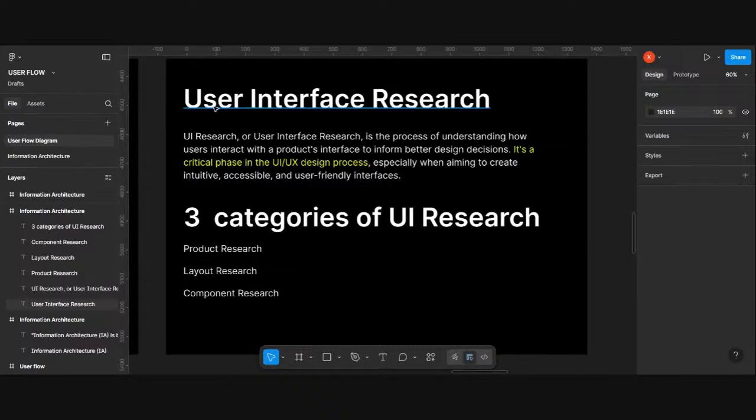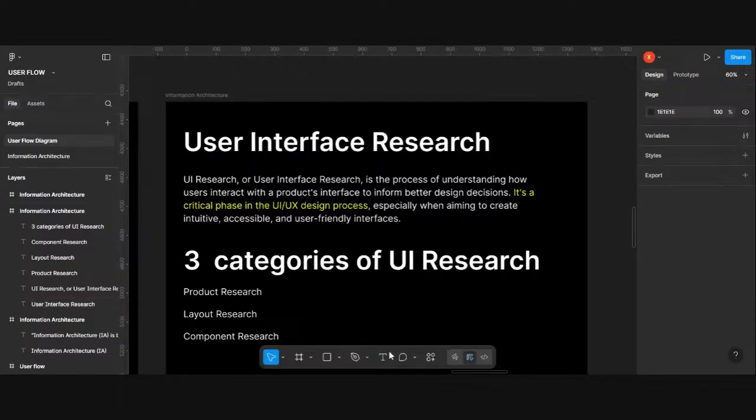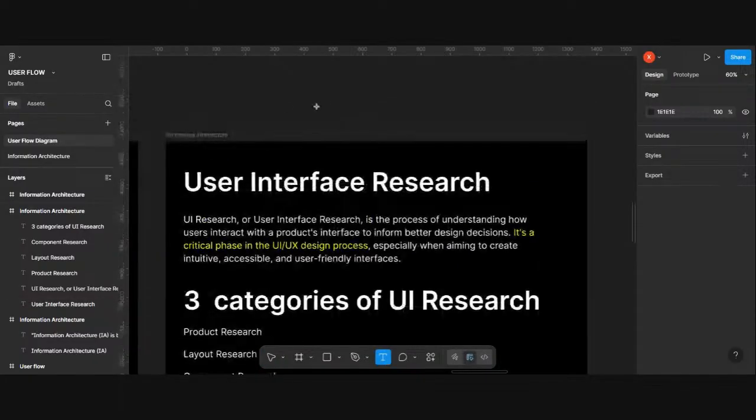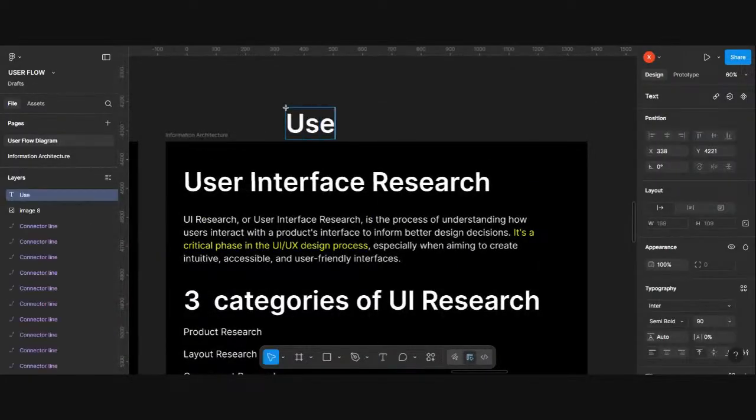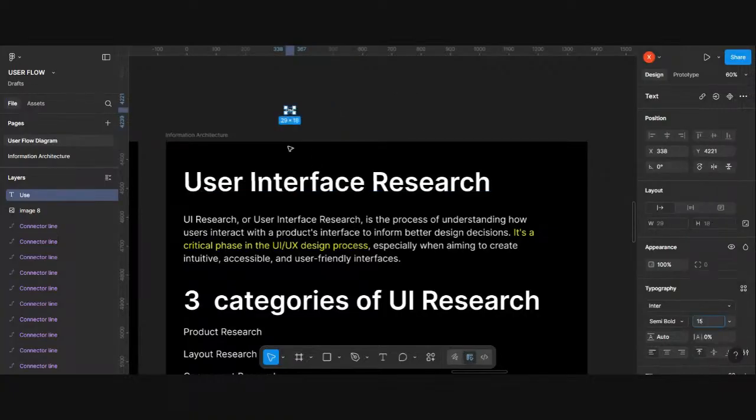If this text is user interface design, if I want to recreate this text, I should be able to do something like this. Okay, it's even giving me, let me change the text. So if I'm recreating something, I should be able to make it exactly. That's what excellence in design is, right? So if I type user interface, for instance,